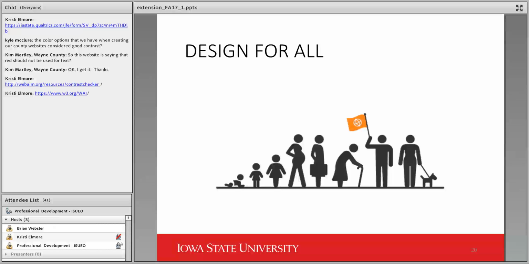The next slide has an illustration that I love, which I found on the web about accessibility. It shows how throughout life, when you grow older, you may not be as mobile as you used to be. My mom right now has a lot of mobility issues, and she watches Netflix all the time. So having that content,